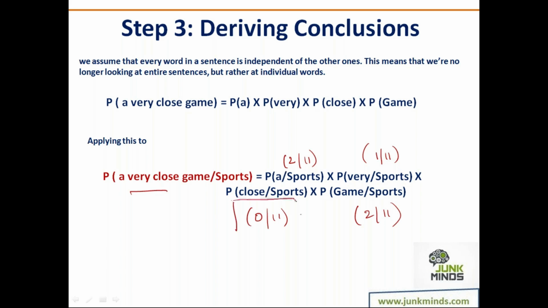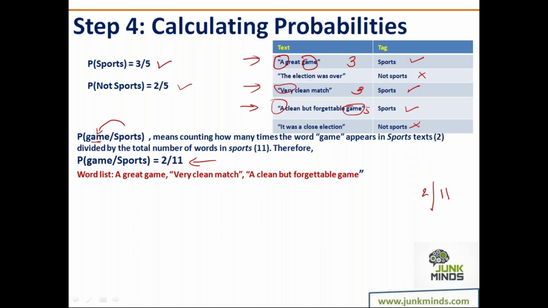The issue is this: the word close has never been used before when we are talking with reference to sports. Guys, I'm not telling you that this word close cannot be used with sports. It's just that the data set that I'm working on does not have this word close whenever we are talking about sports. This can always happen. Even if I have say 1 lakh statements, it's not possible that there cannot be a new way of describing something.